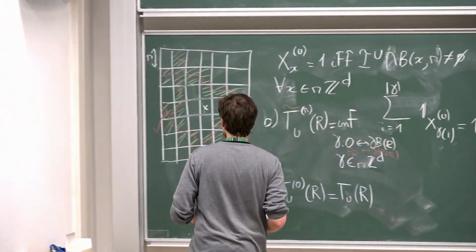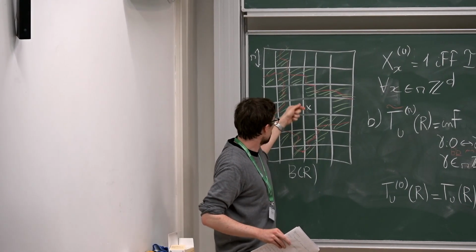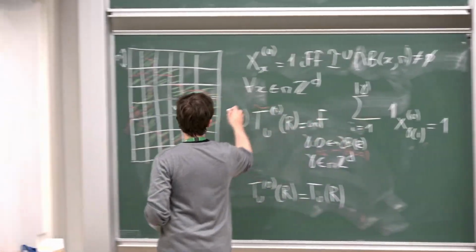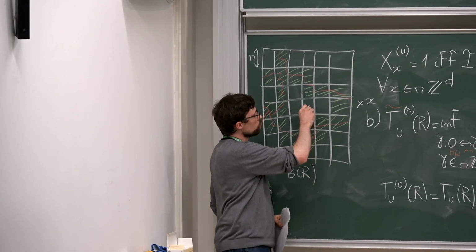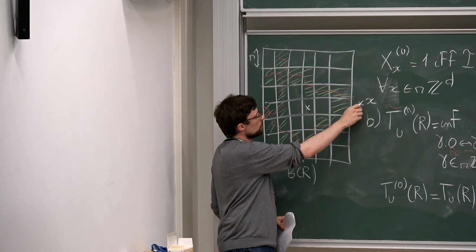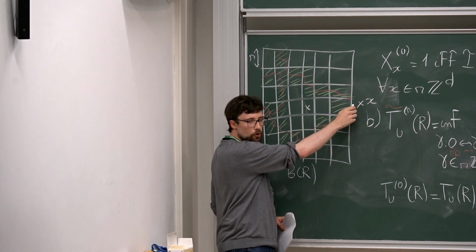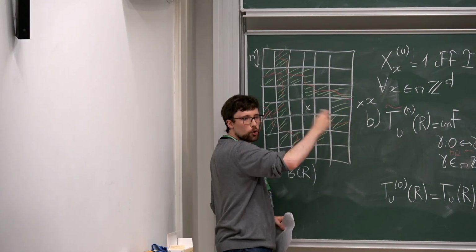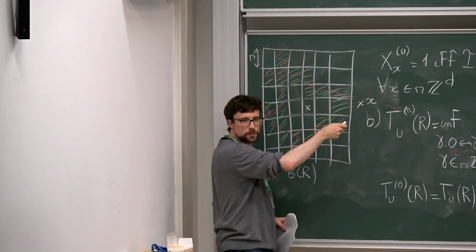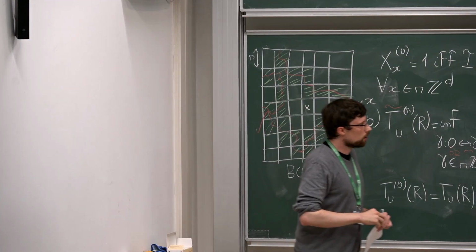Intuitively, what is happening is this: the only way for you to go from 0 to x is to have a cluster of your Gaussian phi field on the cable system, if you know about the isomorphism, which avoids the interlacement. And if your FPP is very large, it will be very hard to avoid the interlacement, because you will get close to the interlacement many times. Every time you hit a green here, it means you're close to the interlacement. So it's very hard to avoid it, and this is what you use to get this bound.